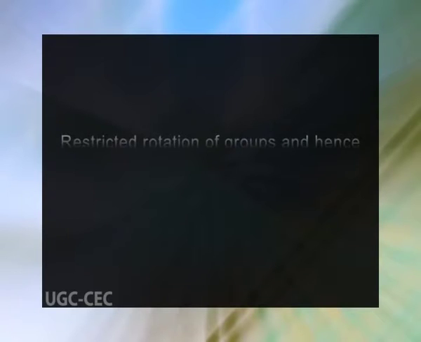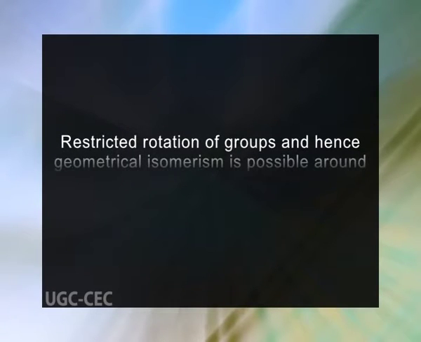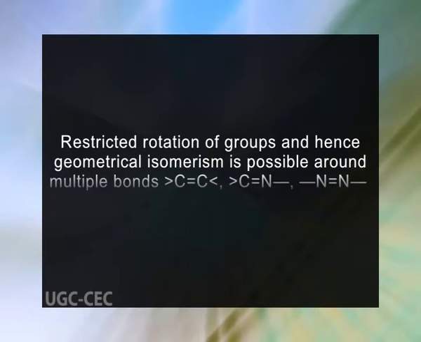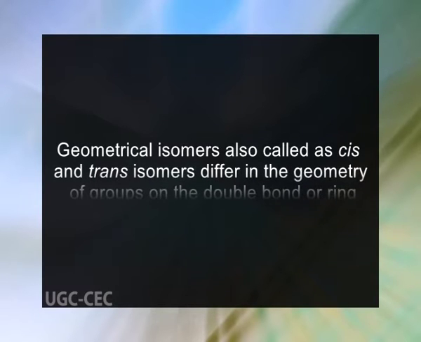Now, coming to geometrical isomerism. In compounds where rotation about a bond joining two multivalent atoms is restricted, suitable substitution leads to geometrical isomerism. Restricted rotation of groups, and hence geometrical isomerism, is possible around multiple bonds, carbon-carbon, carbon-nitrogen, nitrogen-nitrogen double bonds, and around rings. Geometrical isomers, also called cis and trans isomers, differ in the geometry of groups on the double bond